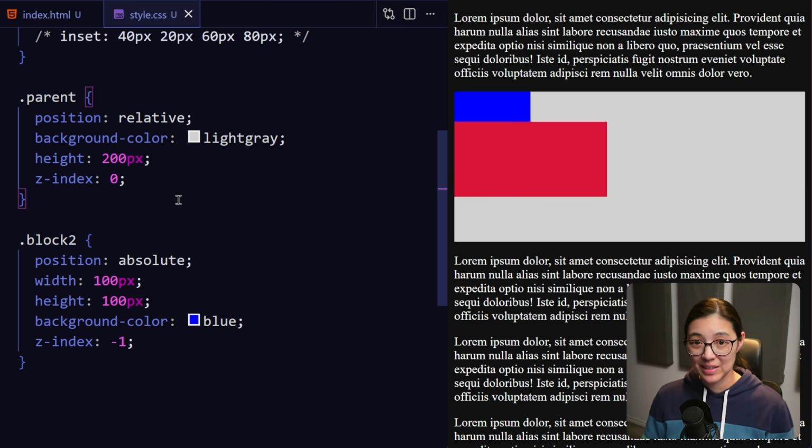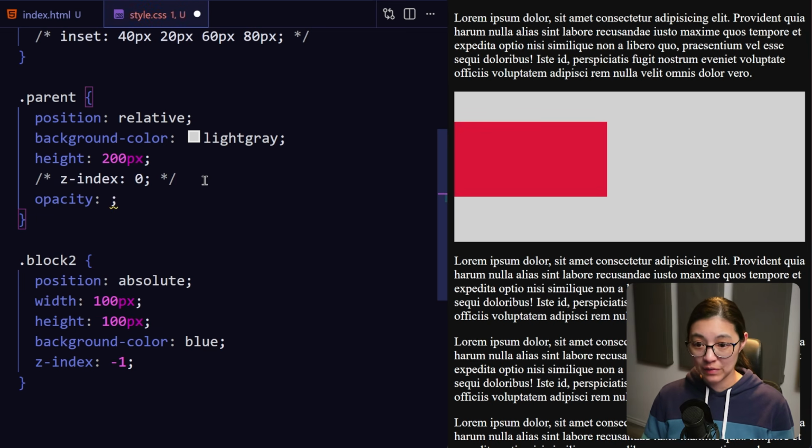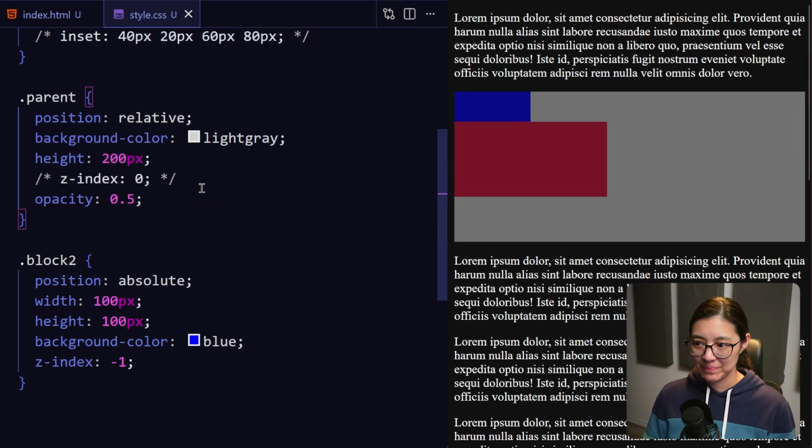You can also create a stacking context by adding certain styles to the element. So let's comment out z-index of 0. And instead, let's add opacity of 0.5. So now you can see the opacity did darken, but you can see the blue block is visible again. And this is because if you add an opacity of less than 1, it is going to create a stacking context of this element, making the parent contain the blue and the red blocks in terms of z-index stacking. Now obviously you may not want this to happen,